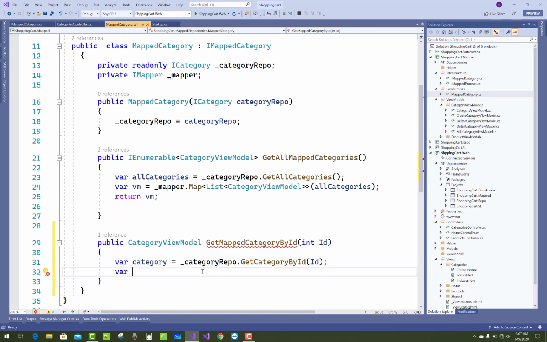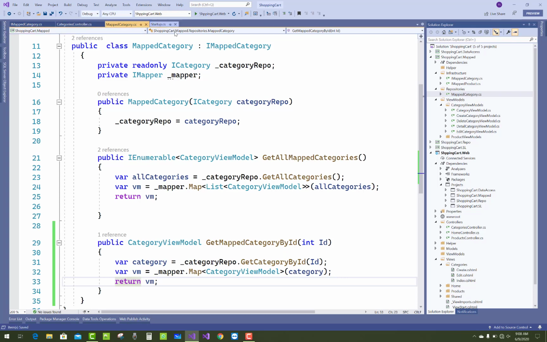Okay, and VM, that is just map that category with the respective view model, and the view model is CategoryViewModel, and return VM.